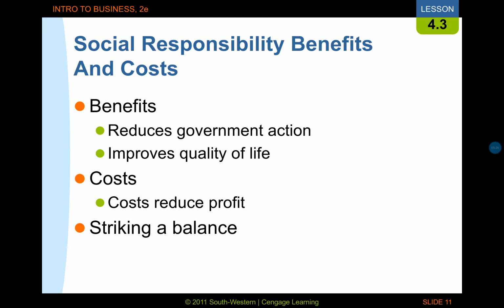So yeah, you may end up reducing your profit by having to put in extra safety standards to ensure that you're not polluting the air, that you're not disposing of your waste products improperly, having to spend money on training materials for your employees, ensuring that their environment is safe. So these things cost money. So yeah, it's probably going to reduce their profit or bottom line, but you need to, as a business, make sure that you strike a balance, because to be socially responsible, you need to make sure you're providing these things.